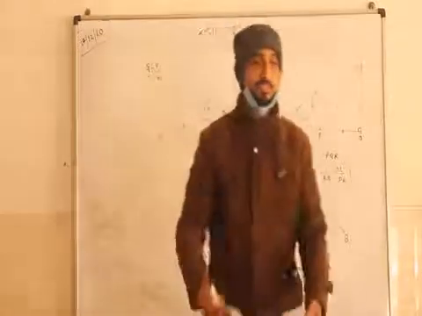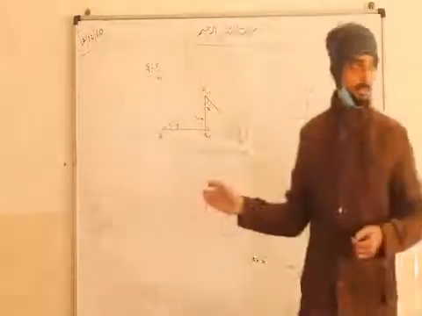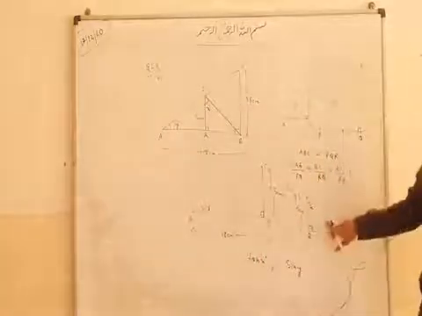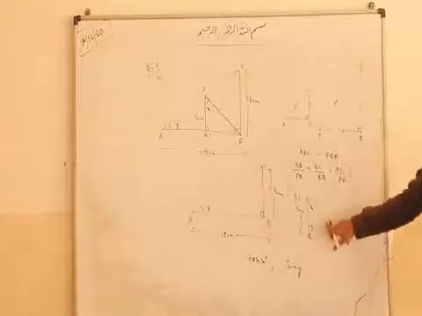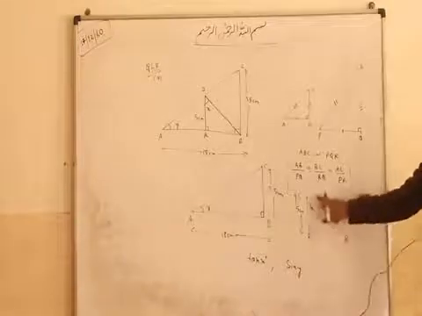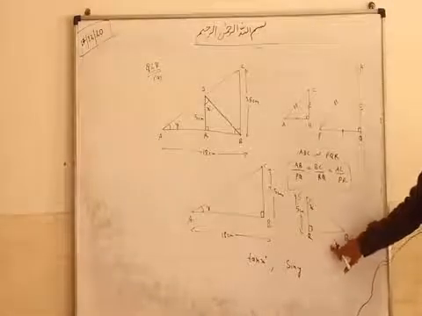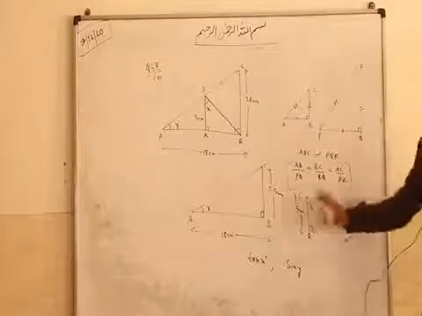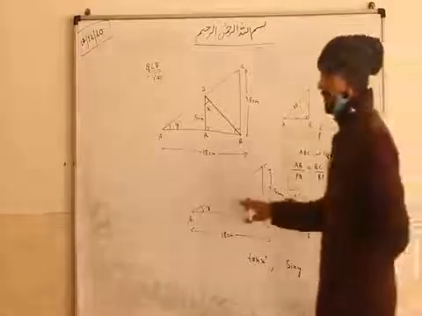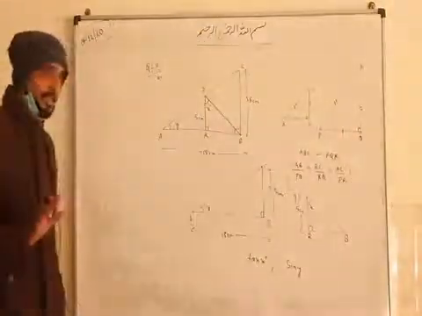Now see the figure. We have to find this tan x, so x is here. The value of tan is P upon B. From this figure, perpendicular is this one, which is not given. Base is given. So the first step is to find this side. How do we find it? By comparing the ratios of similar triangles.